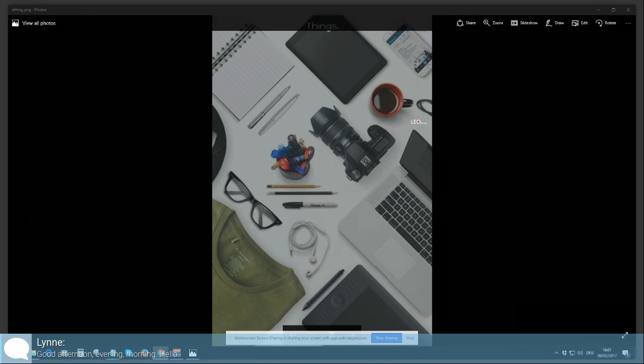Lots of screen sharing today. Slight change in the flow of the lesson because of last week. Last week we talked about